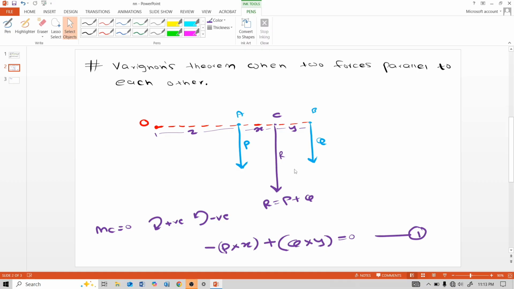And this Q. Do not take this resultant R here while calculating moment at point O. Only consider that P force and Q force. So Q into